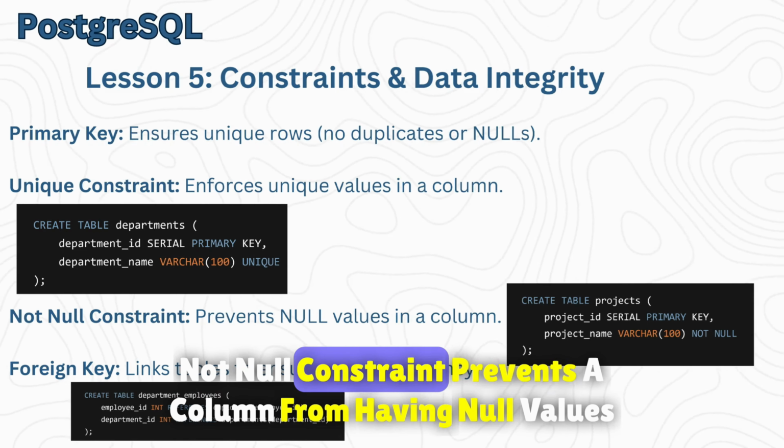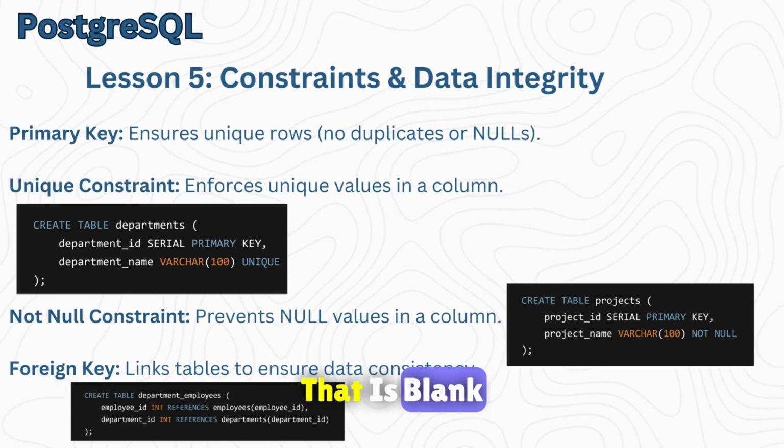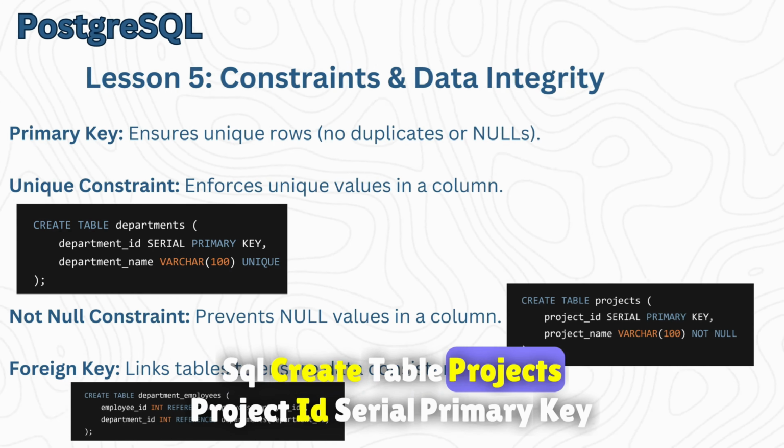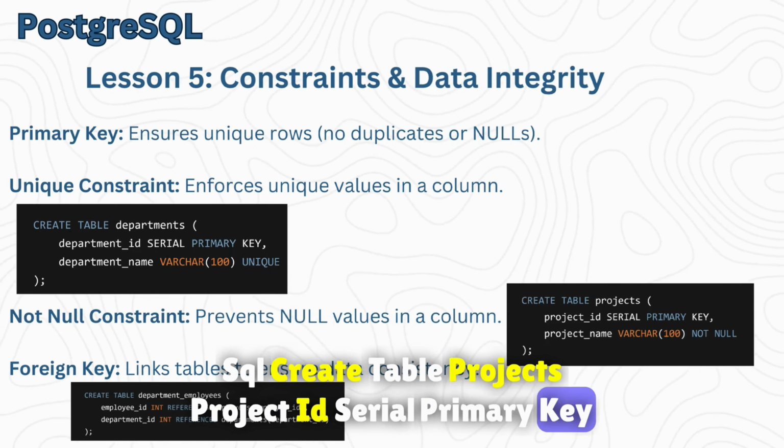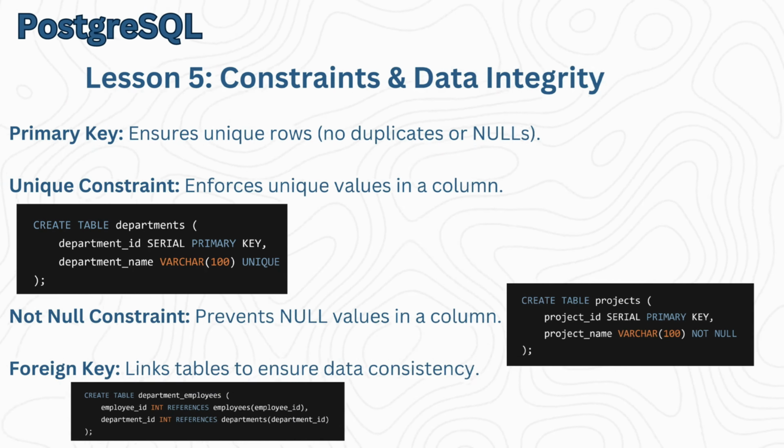3. Not null constraint. Prevents a column from having null values, i.e. blank. SQL: CREATE TABLE projects (project_id SERIAL PRIMARY KEY, project_name VARCHAR(100) NOT NULL);